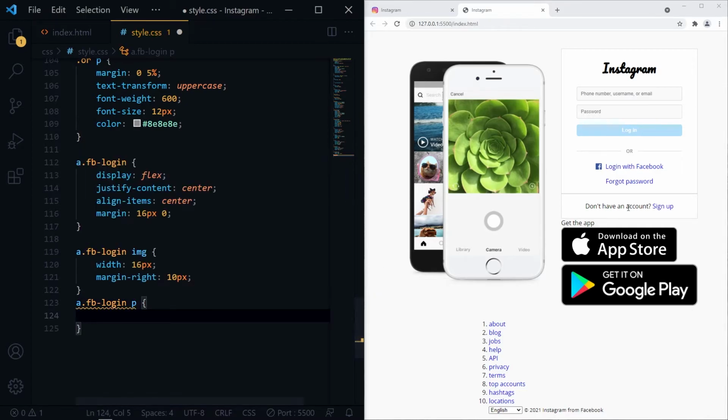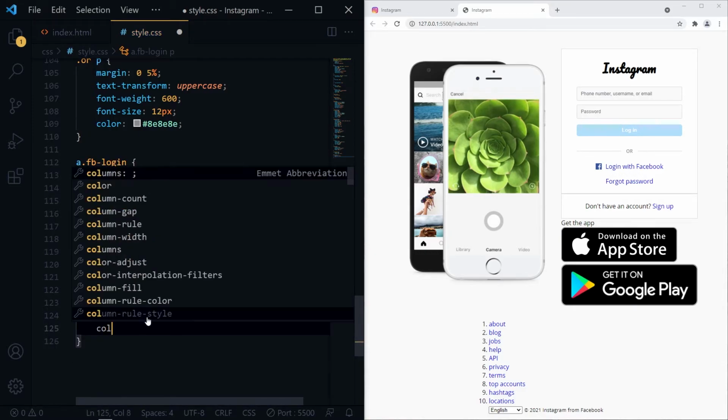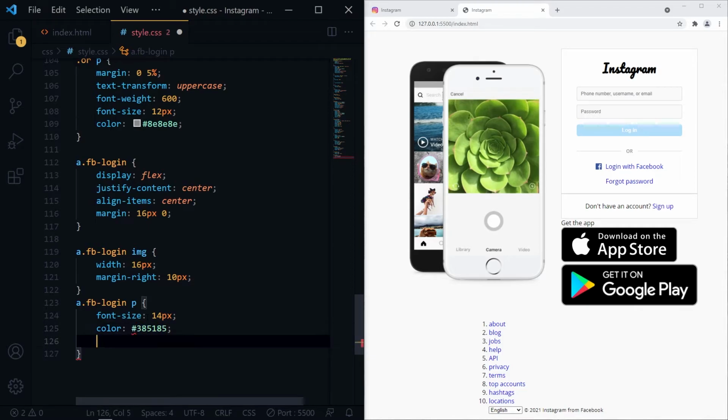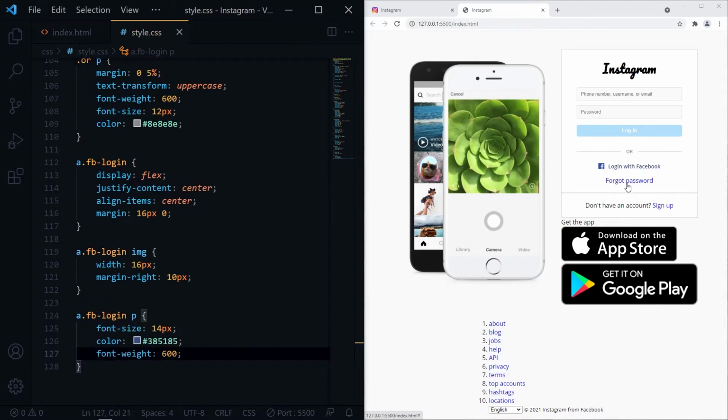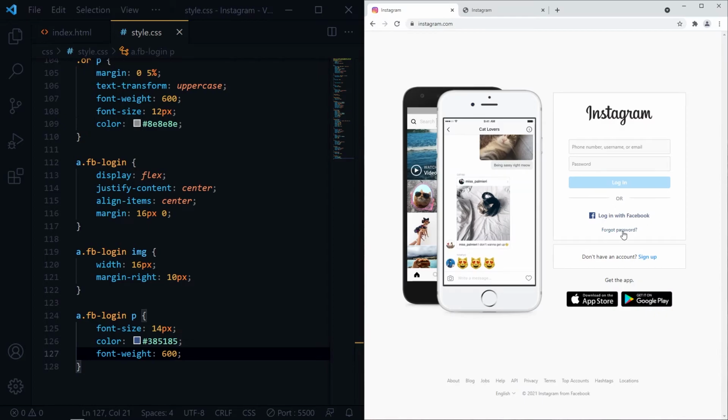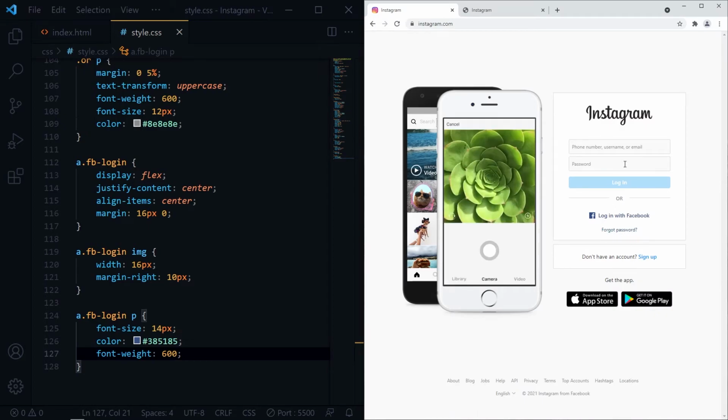Now for the text, we need to reduce the size, change the font color and increase the font weight. And our forgot login, we need to reduce the font size and change the font color.